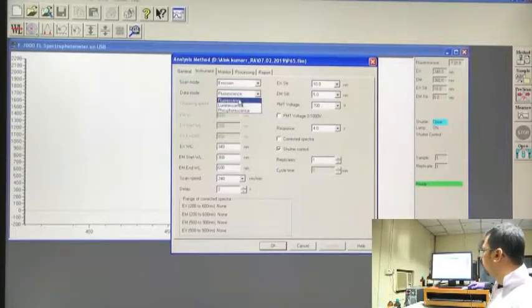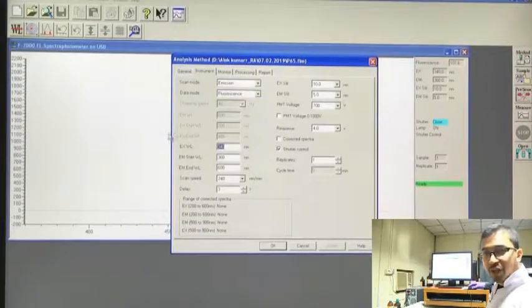Data mode, fluorescence. Now, coming to the excitation wavelength, we will excite it for tryptophan residue. HSA has tryptophan residue, so we will excite for tryptophan.